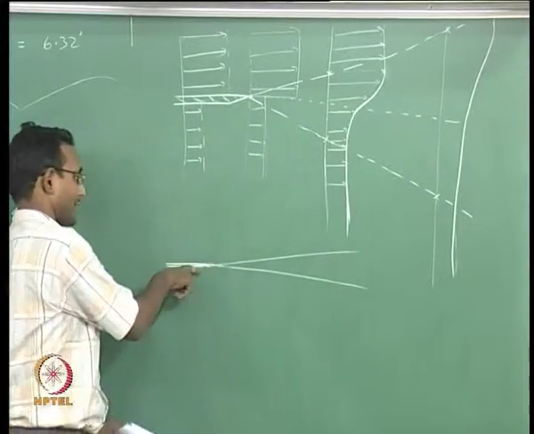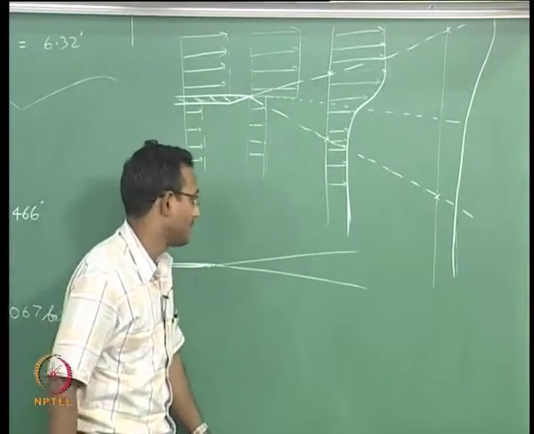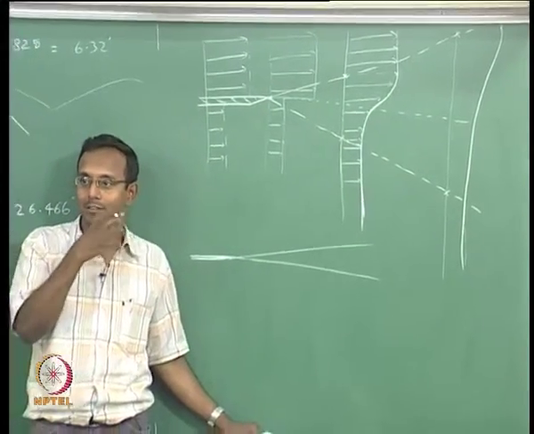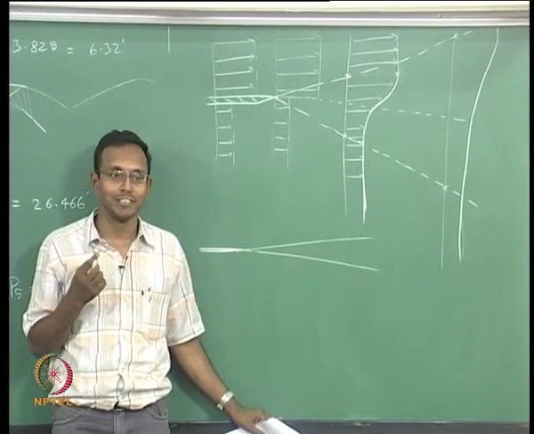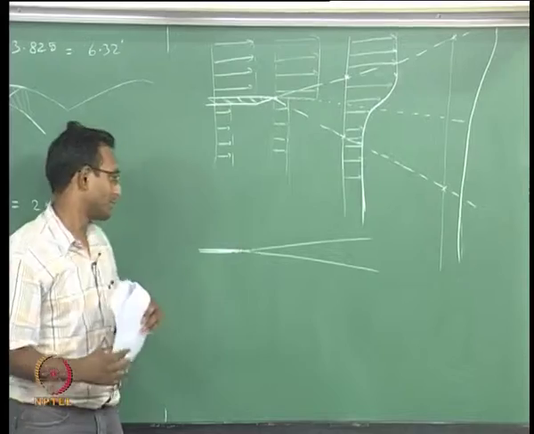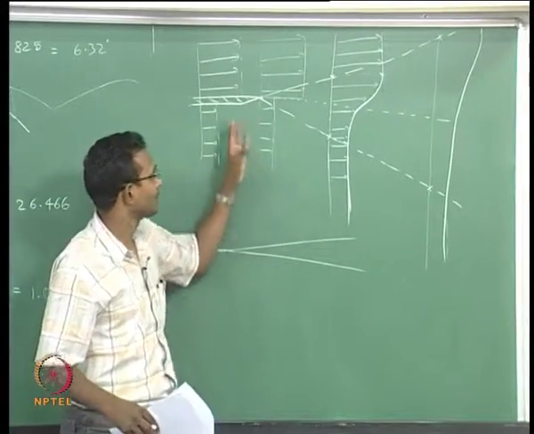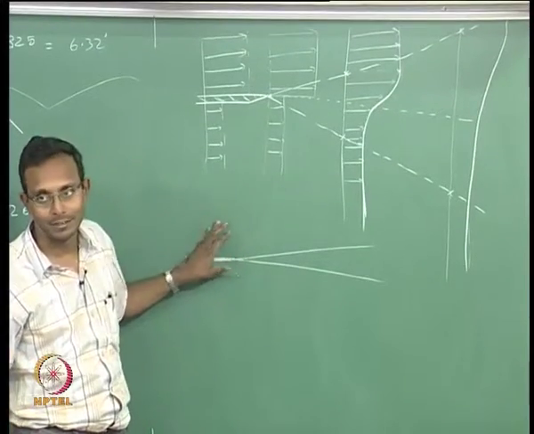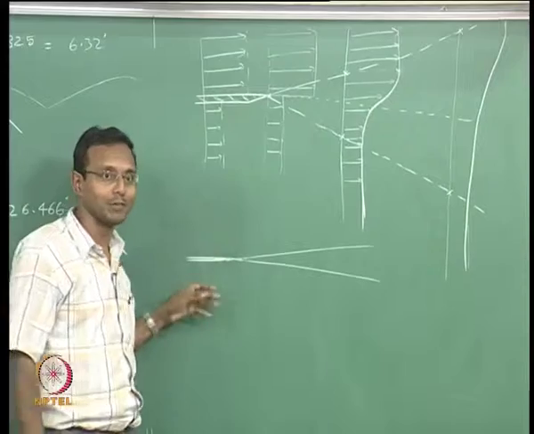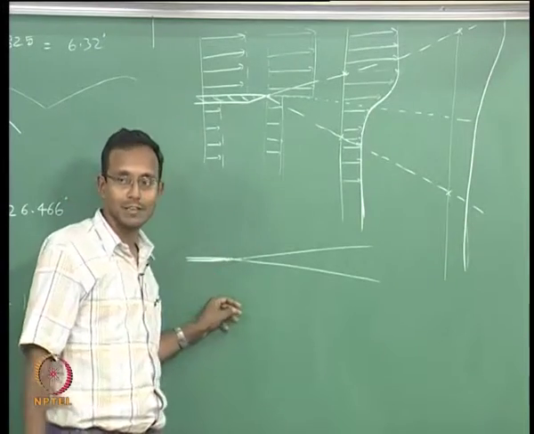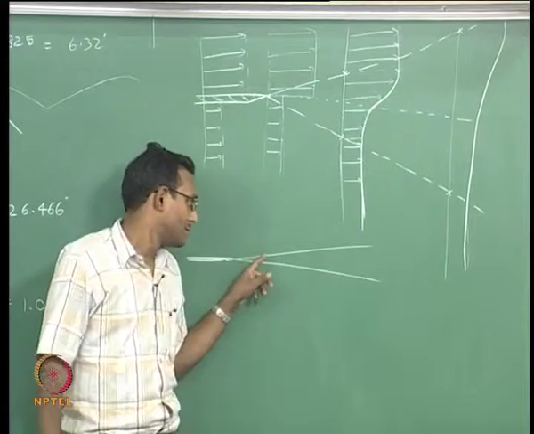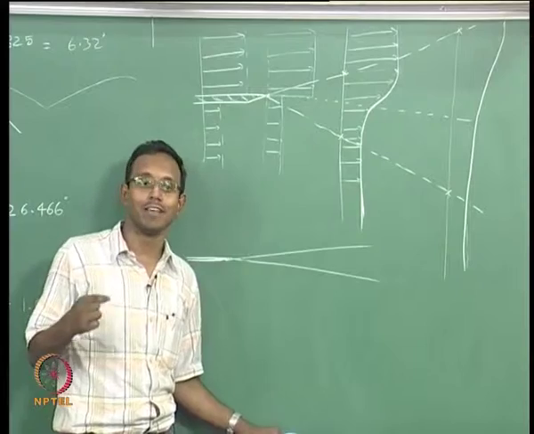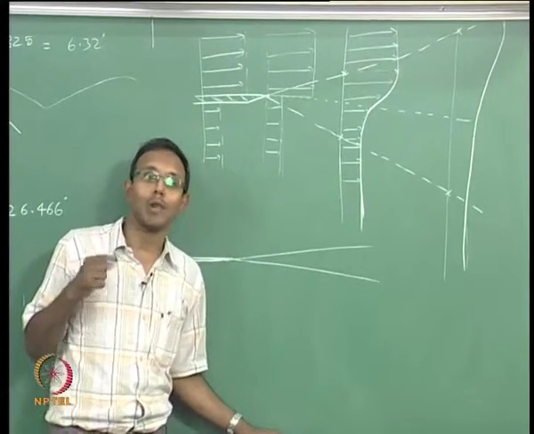Now, if I look at a case like this, if my shear is not very strong, that is my delta V across these 2 layers, the top and bottom, the velocity difference, is not very high, then it will just be growing like this with velocity profiles going simply like this. But if the strength of the shear is higher and higher, that is, the top is moving much faster than the bottom, then the strength of vorticity is so high that there will be some nonlinearities coming into fluid mechanics. Vortex roll up will start happening.